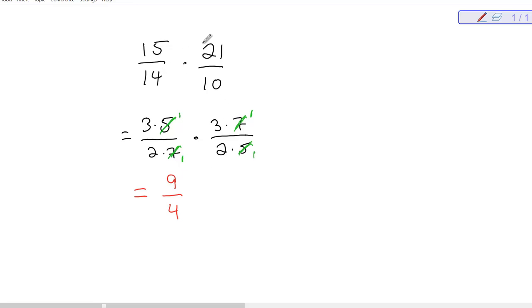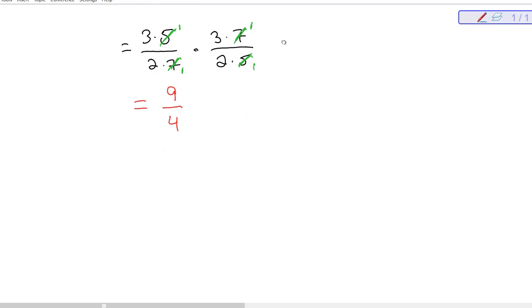I could have multiplied 15 times 21 and 14 times 10 and then simplified. But that gives me really large numbers, and sometimes I don't know what to simplify by. This also will cause us problems when we're working with rational expressions if I do not factor first before I do the multiplication. So when we're looking at multiplying rational expressions,